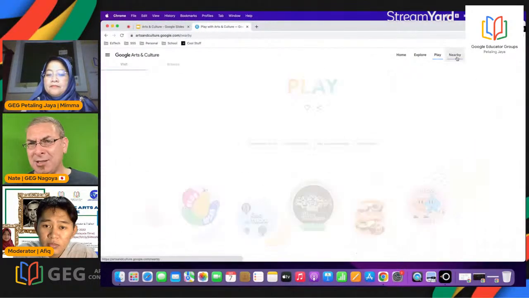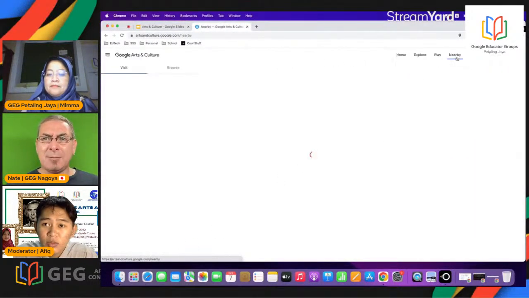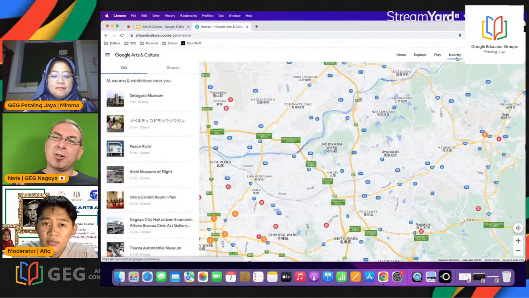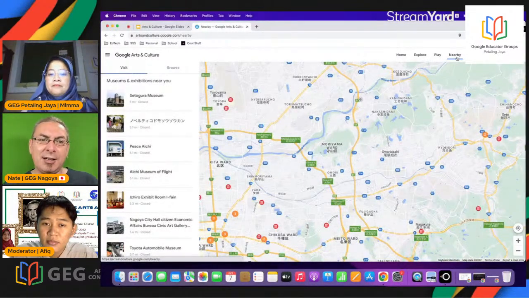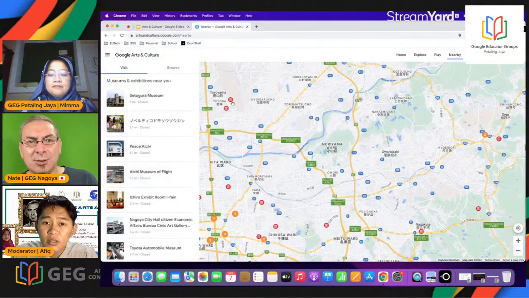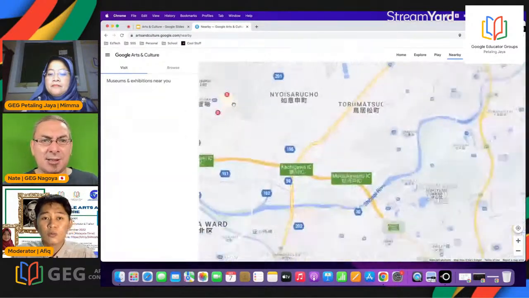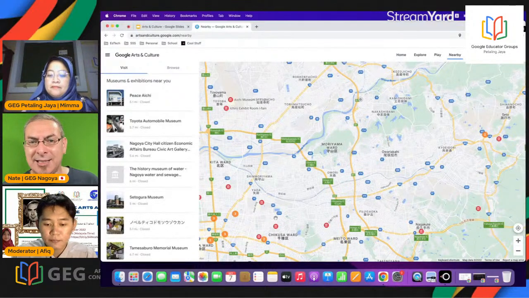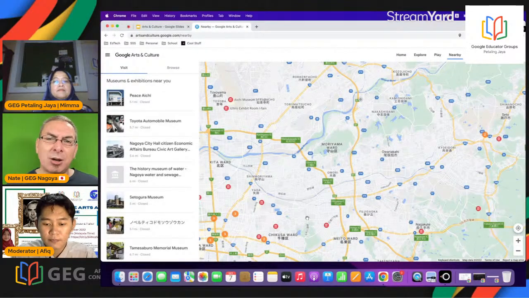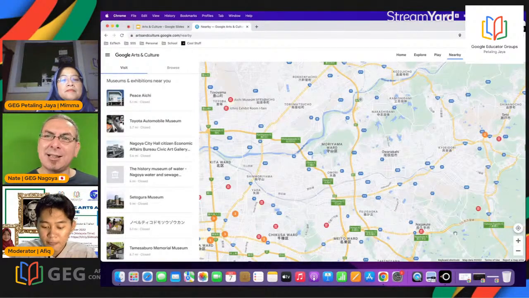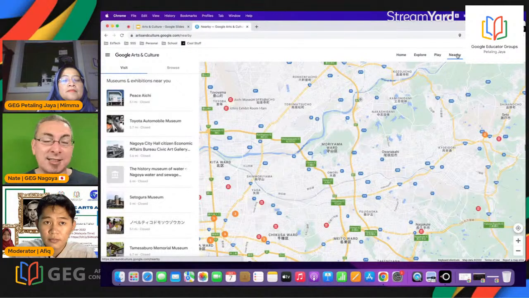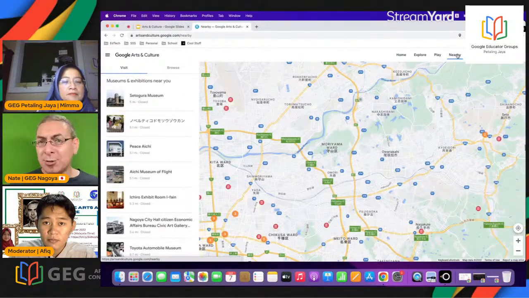The next tab, nearby: any museum that is registered with Google in your area is going to be listed here. So you see these little icons right there. If you see these little red icons, it means it's a museum or an art gallery or a place of learning. So just by clicking nearby, you're going to find different places that you can go, maybe take your students